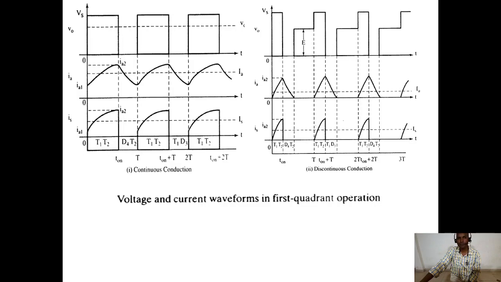We have two states of the chopper, the on period and the off period. In the T on operation, in the continuous conduction state, T1 and T2 are forward biased. So we have a proper shape of the curve with a magnitude of Ia. There the first one is T1 and T2 in the on state, and for zero voltage we already discussed. Zero voltage means there is no proper output here.